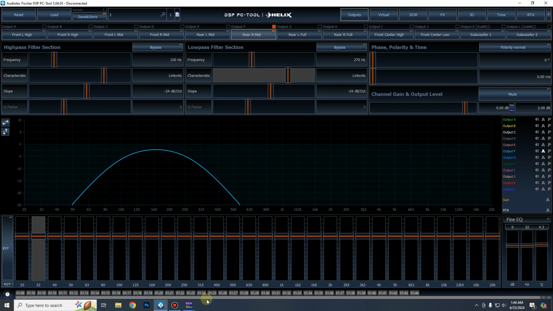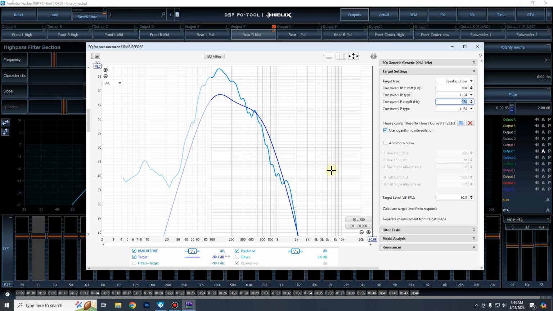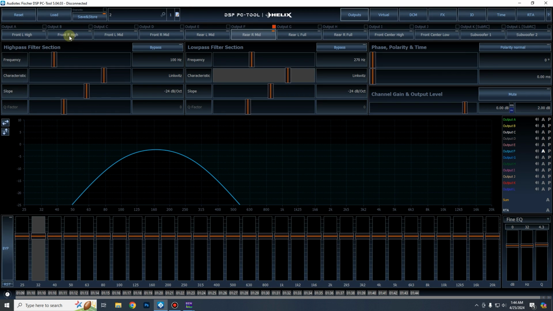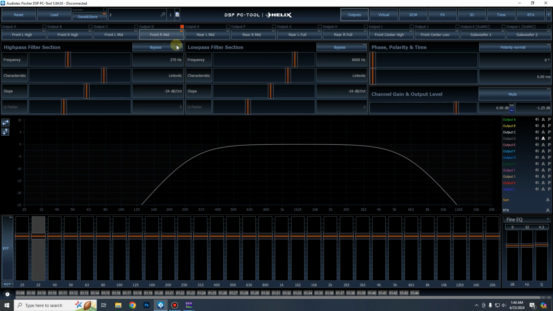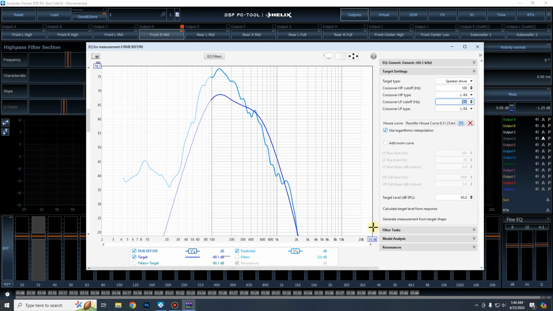The reason for this is if I ever want to change crossovers, that screws up everything if every single speaker has a different crossover frequency, slope, and characteristic. We're locked into whatever crossover points we want. If we do it this way, we know that it's linear. It follows the same thing. We just EQ the frequency response to exactly what the electrical is, and we can change everything one-to-one without having